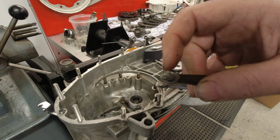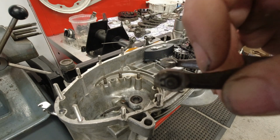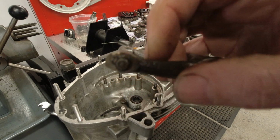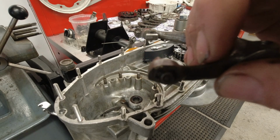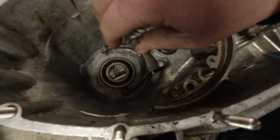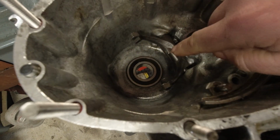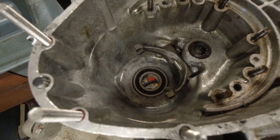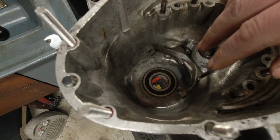Because this top edge corner, you can actually maybe even see that this has been in contact with the case. This is just something random that I had in my drawer, but you can see it's been in contact with the case, and that's pretty normal. And let's have a look in here. No, this one's actually okay. No marks there. But I bet you 9 out of 10 Lambretta blocks, when you strip the gearbox,